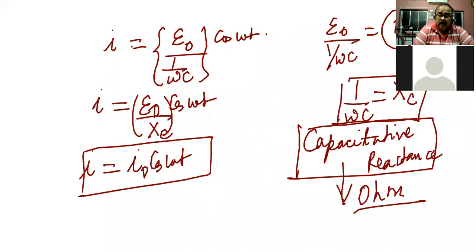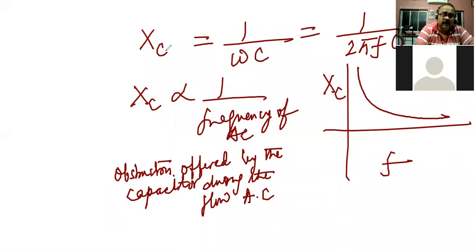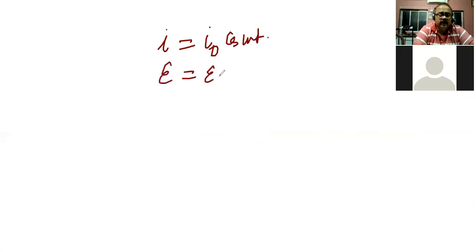Now we are going to the main discussion which I started with. That is, we have got that I is equal to I naught cos of omega t. Now children, I equals I naught cos of omega t, and we know that E equals E naught sine of omega t. Now from your earlier knowledge, you know that sine of 90 plus theta is equal to cos theta.